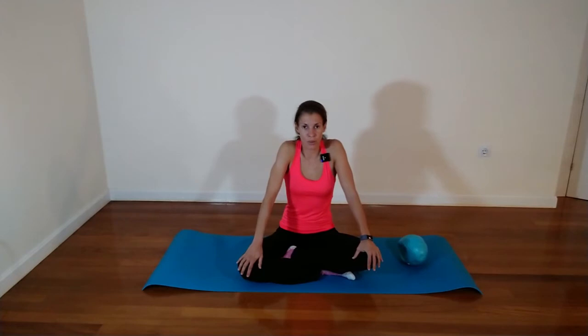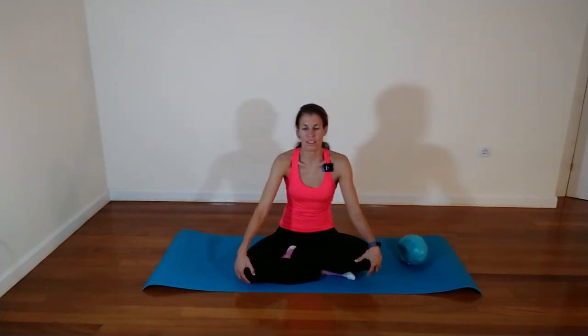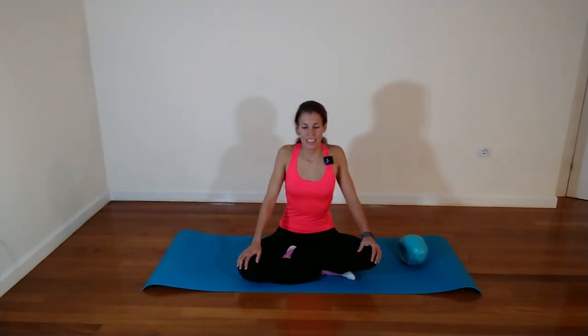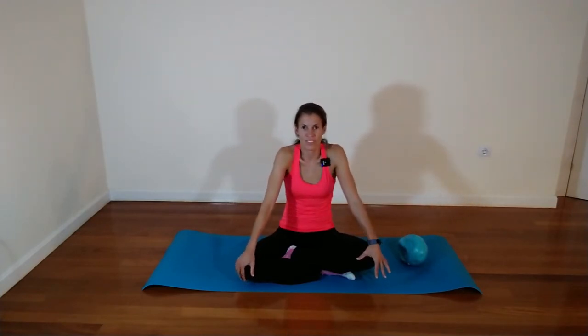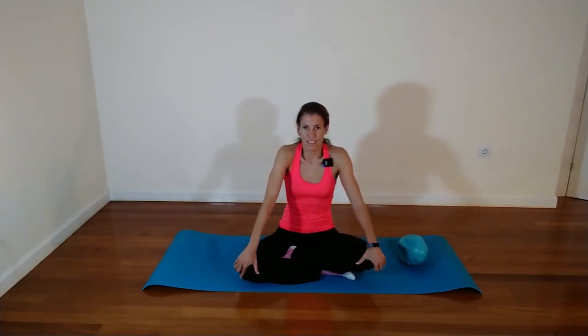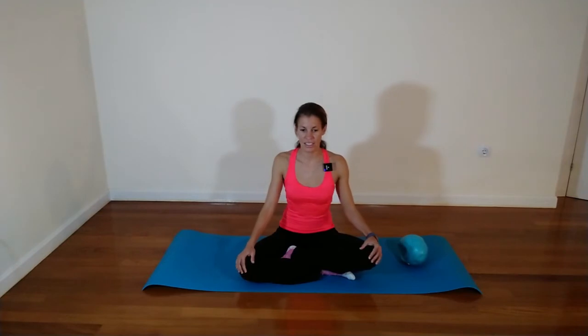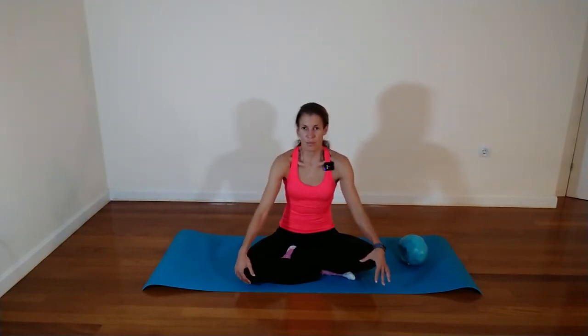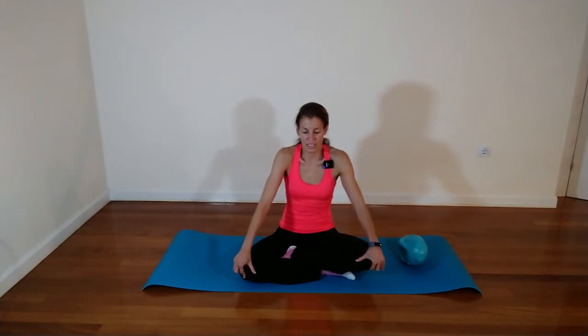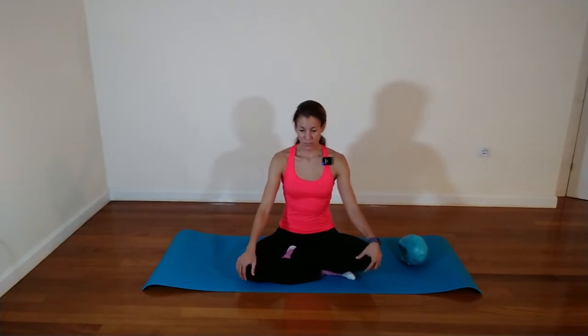So inhale as you start bringing the shoulders up. Exhale as you drop them down and back. And repeat again with breath. Inhale. And exhale. And let's repeat it the other way. Inhale and exhale. Keep it moving. And relax. Great. So from here we're going to keep focusing on the breath with the idea of activating your